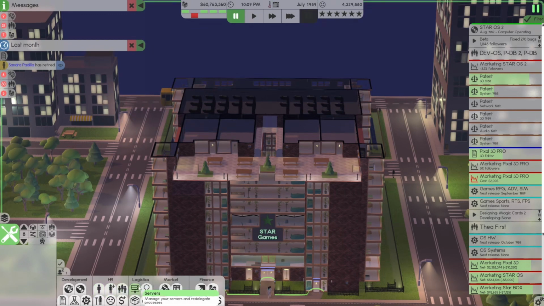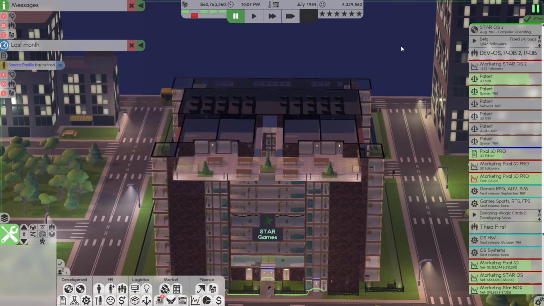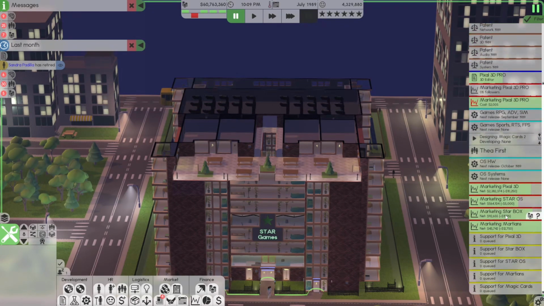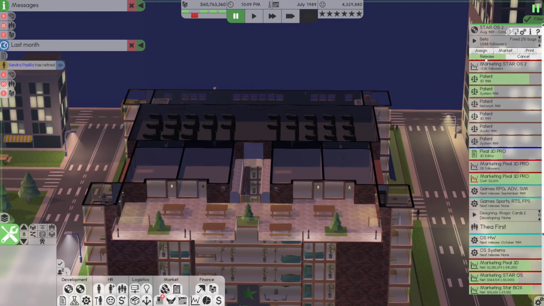Okay, in looking at everything, doing the checklist, hosting is at 86%. We're going to have to look at servers in the next video. Stars OS, prints are in place, everything is in place. We're going to do this release. And then the only other thing is we're in July, September 89. We have to look at games. That's the next thing to do, but let's get this out the door